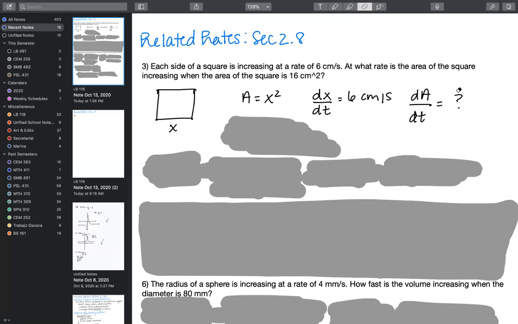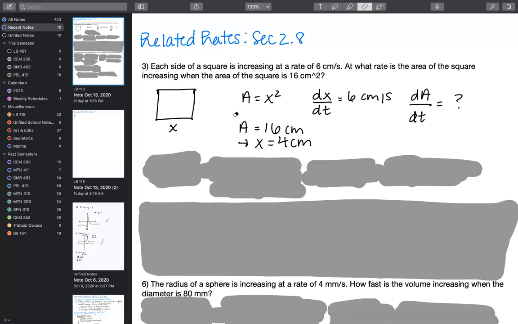And you don't have to denote it in any particular way. There's no structure that will get you more or less credit in terms of the order in which you do things. But this is my recommendation to you, is to make it very explicit to yourself what it is that you're looking for. And so then finally, we also have that we're given the area of the square is equal to